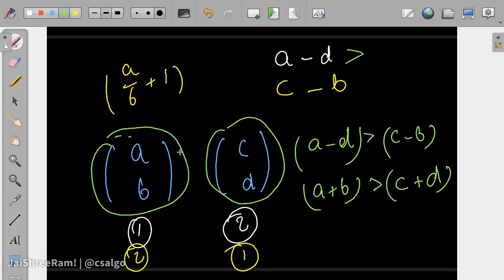Exactly. Sort in decreasing order of the sum. If you think about this intuitively, there is a card. If it goes to you, you get a plus A, and if it goes to your opponent, you get a minus B, right?